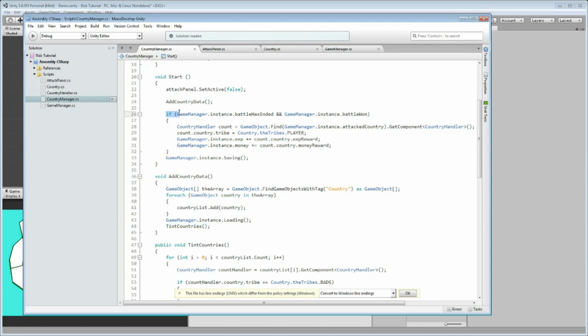Then we go forward in the start, and we check if a battle has ended, or actually been won, and update the country which we have fought against to be the player's country now in its color. And we set the money and the EXP reward as well. Also, when we save, we might need to tint the countries from another point once again to update that the player actually got the